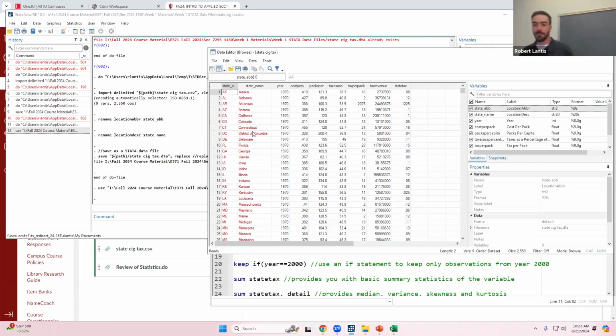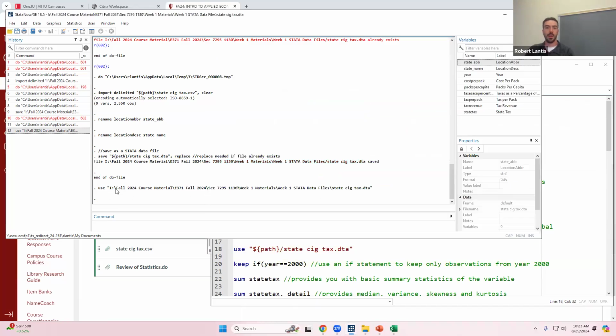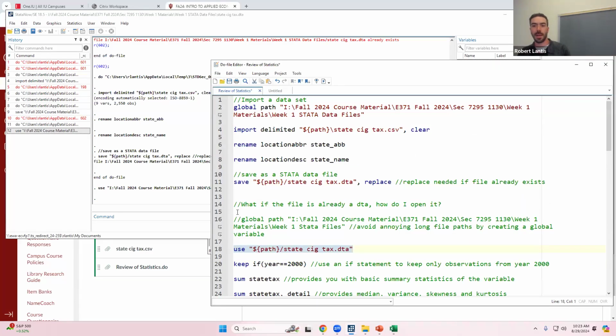So once we have this open, we can start doing some other things. Notice I already have that global defined. Let's say I didn't put this command in. Notice when I open that file, it just uses whatever the file path is. That's the code. The interface, when I went to File, Open, does that automatically for me. So I'm going to run that code, same thing.